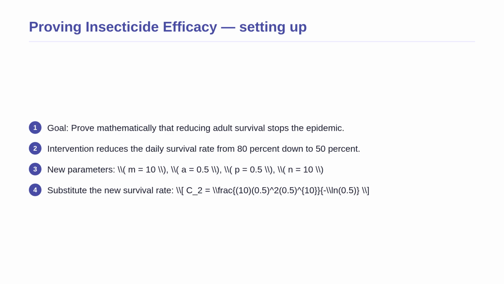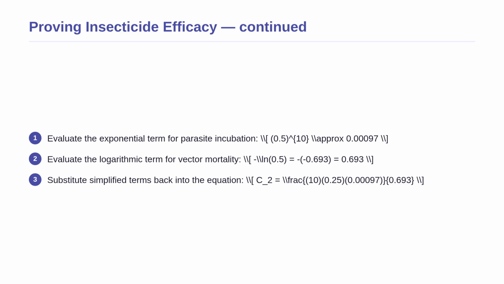We set up our proof by substituting this new survival rate of 0.5 into our vectorial capacity equation. We want to isolate the effect of this single chemical intervention on the entire transmission cycle. Now that we have set up the equation, let us work through the mathematical reasoning. The most critical part of this proof is the exponential term in the numerator. We raise the new survival rate of 0.5 to the power of 10. This yields a tiny fraction, approximately